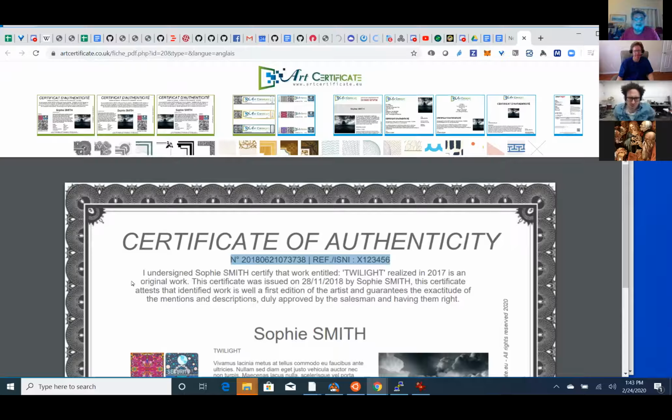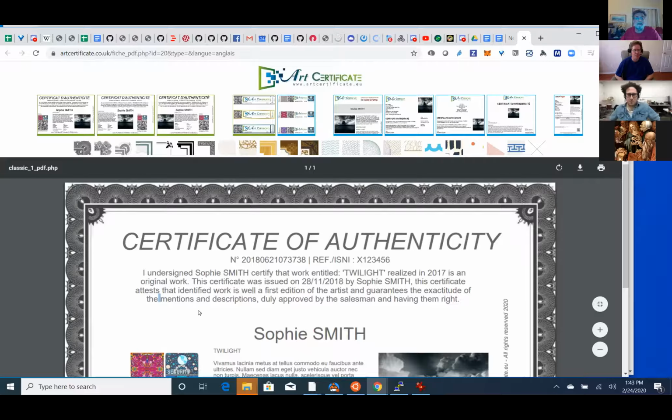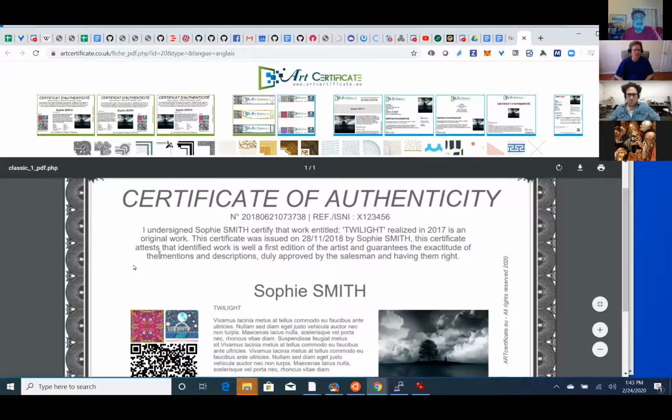I mean, we wouldn't have to put it like this. It could say certified as original work by, and it would have a name, on such and such a date. I guess we could add some to it, but the main thing is that the certificate needs to be signed by an identity.